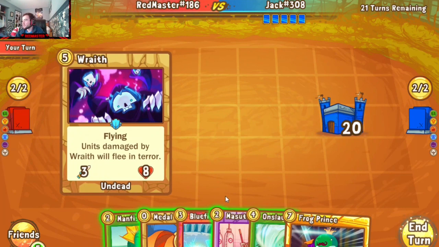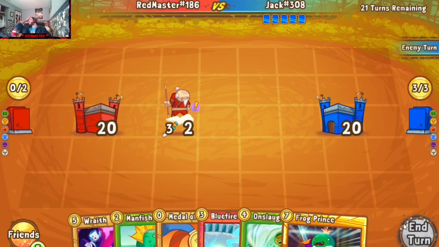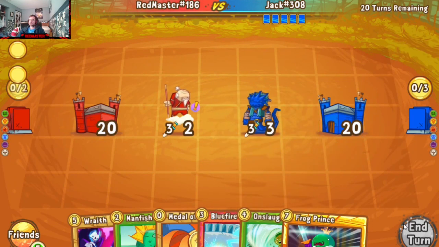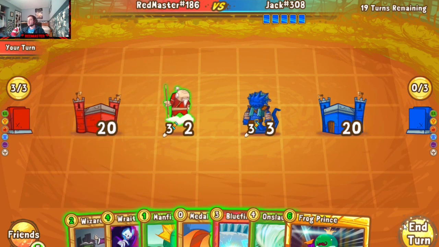Okay, going back to us. So we'll take that Masuda while we can. Looks like he's going to play the Spitefish. Okay, so starting to get some board presence, I see. Very nice, very nice. Oh, do I want to do...